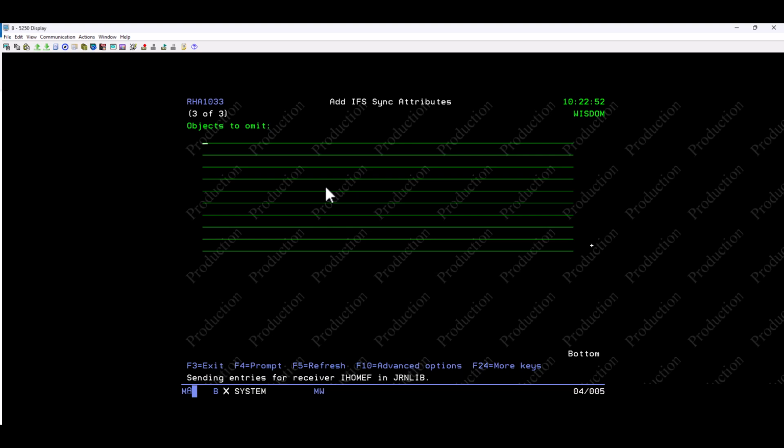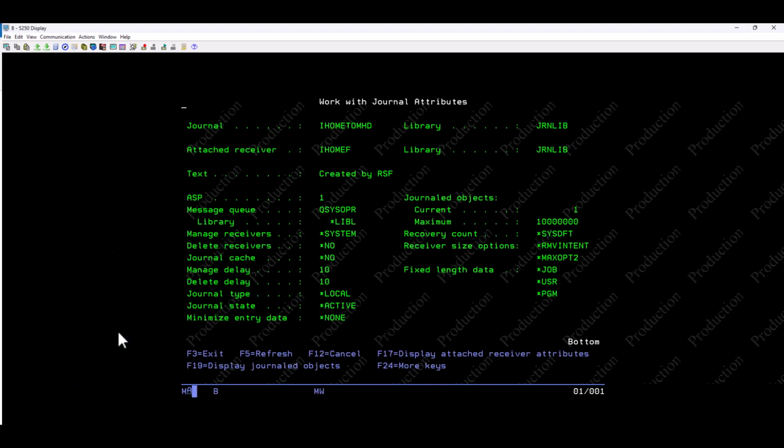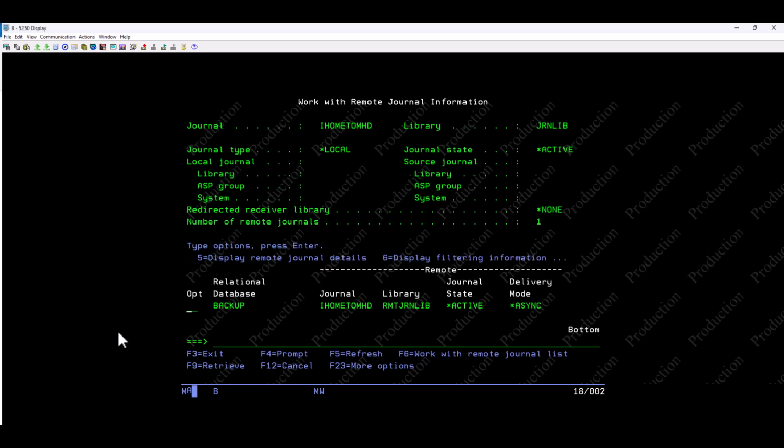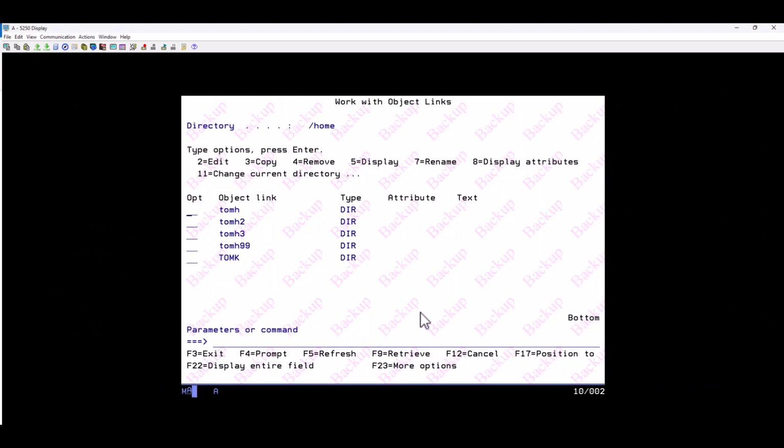What's going to happen is Robot HA is going to create a new rule. And that rule is already going to have the journal attributes set up for the local part of this IFS directory. And it's also going to have the remote journal set up on my backup server. Okay. Now, if we go over to the other server here, we'll see again, if I press F5, TomH4 doesn't